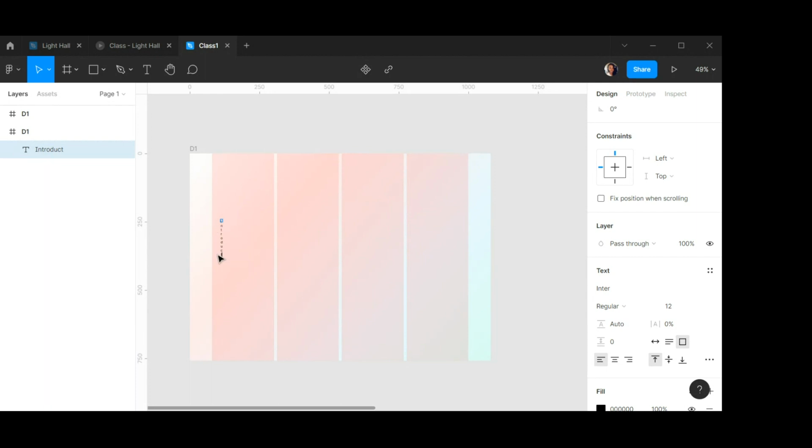Now, as you can see, my text is running down, and this is not what I want. So if you have the same problem as me, you want to press Control A to select everything, and then change the